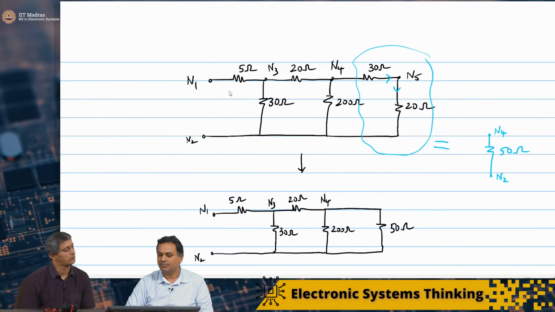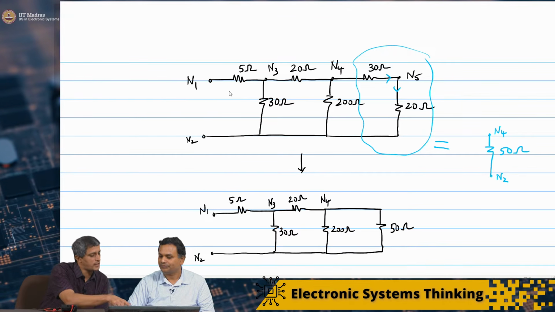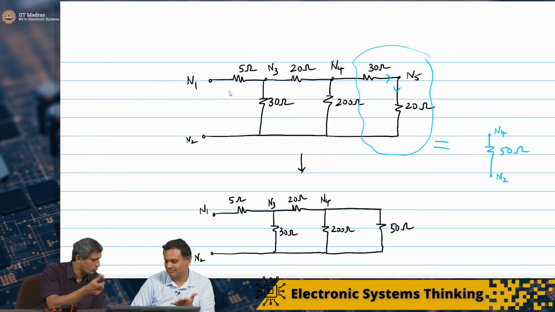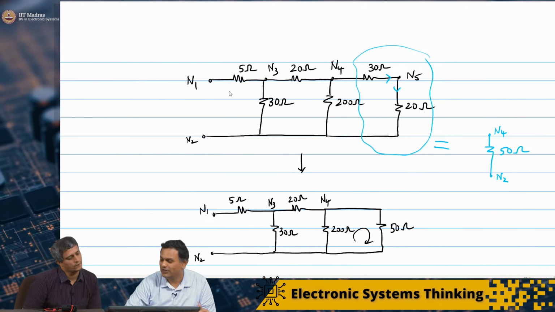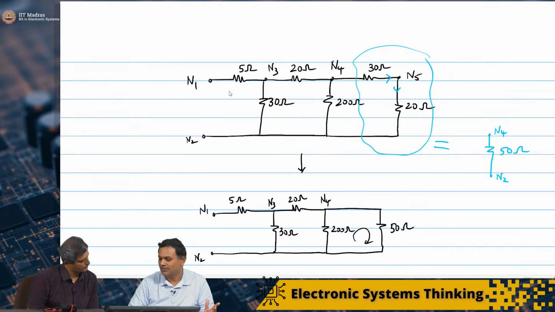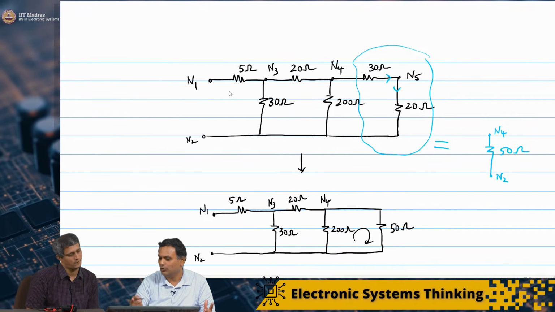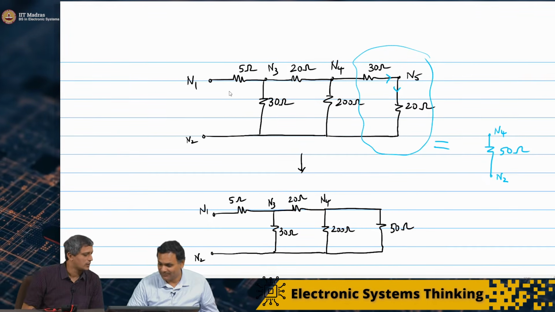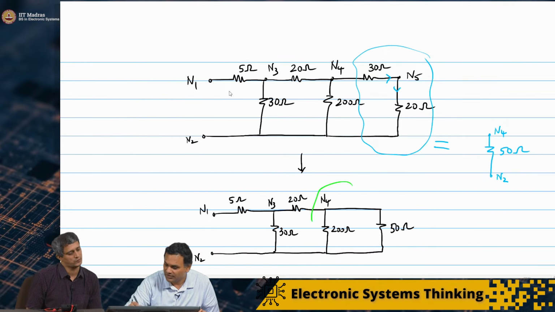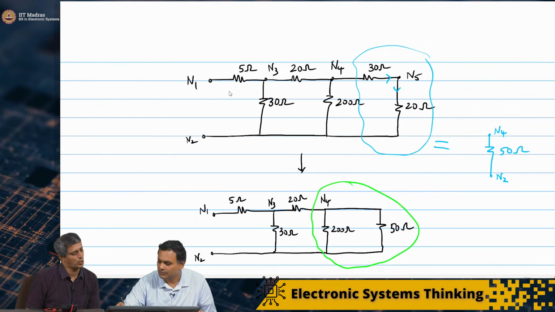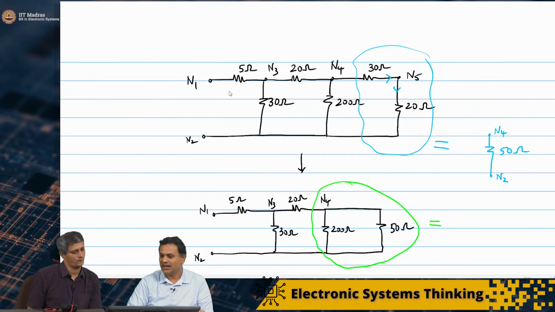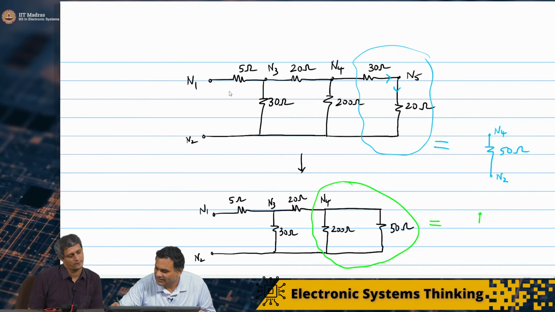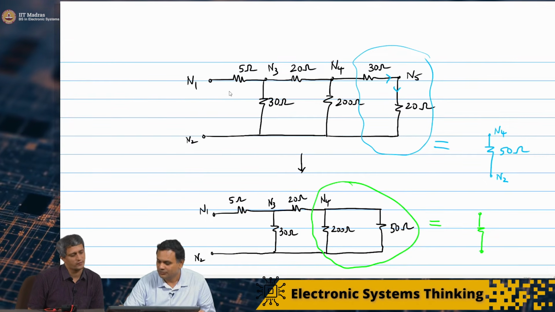Perfect. So now I can see that the 200 ohm and 50 ohm seem to be in parallel, because the potential difference across the two resistors is the same. I have a loop here which shows that the potential drop across the 200 ohm and the 50 ohm is the same. So we can replace that by a parallel equivalent resistance. Now I'm going to simplify this portion. I have a 200 ohm and a 50 ohm in parallel, so that is equivalent to a single resistance whose value is